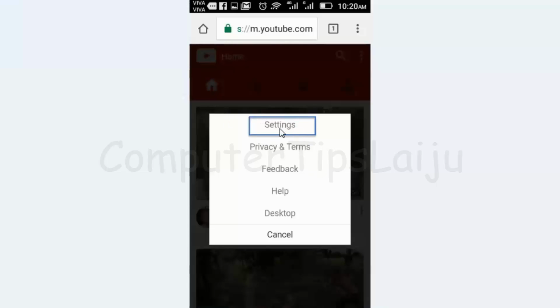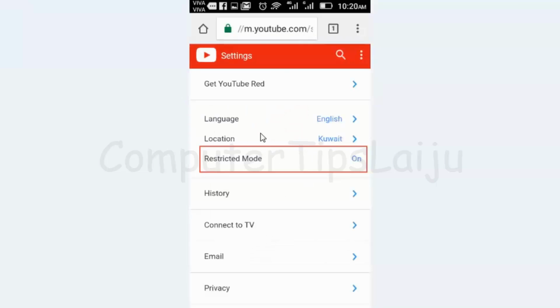Click on that setting. There you can see the restricted mode. You have to change this to on. If the restricted mode is on here, inappropriate content will be blocked from the mobile browser also. These settings are for Android devices.